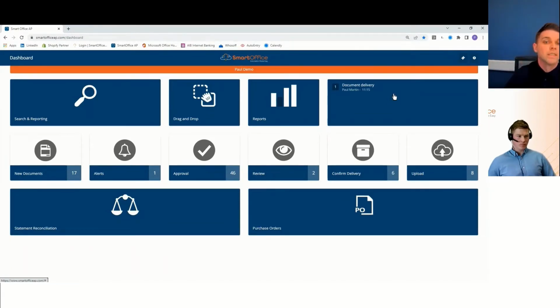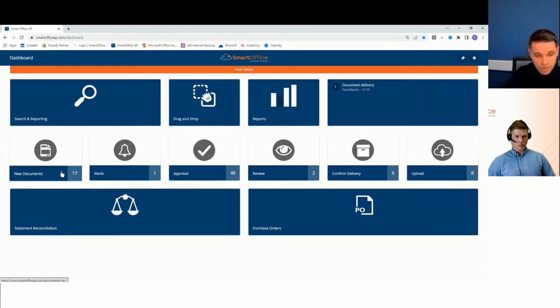Okay, guys, I'm going to pop into the middle section of the process, and this really is where the most of the time is spent. This is where the AP team do their work, and it mirrors what they're charged with every day. First two tiles are pretty infrequent, we hope, but I'll dip briefly in them so that you get an understanding of the power of the software and how it does what it does. But the main areas that everyone is spending their time in any AP team, and not just their system, is the approval, review, and delivery confirmation, or GRN. And we'll spend a bit of time on those in a second.